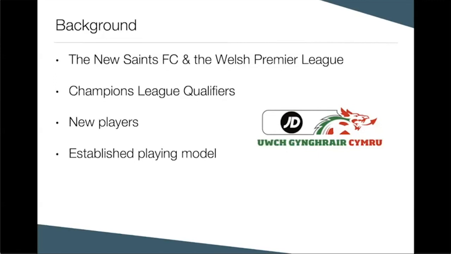We had a number of staff who were actually involved with the technical department with the Football Association of Wales. So even from a very early stage, we had an established playing model at the club, which, although continually evolved, has been at the club since the mid 2000s. So they were quite ahead of their time in that instance. So yes, we did have a very established playing model that we could integrate players into from the get-go. And as we'll go into again in a little bit, we did have an extremely short turnaround time between starting training and competitive performance-related games.